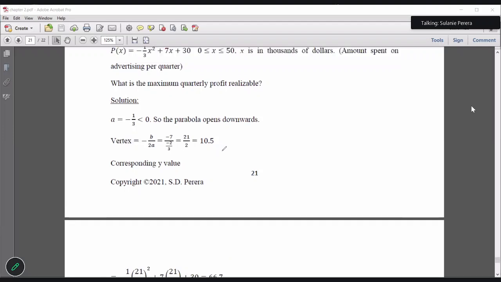So how do we find the vertex of the parabola? They're asking you to find the maximum point, and the maximum is the vertex. So you have to find the vertex using minus b over 2a, find x, plug it over here and find y. I'll give you 5 minutes to do it.